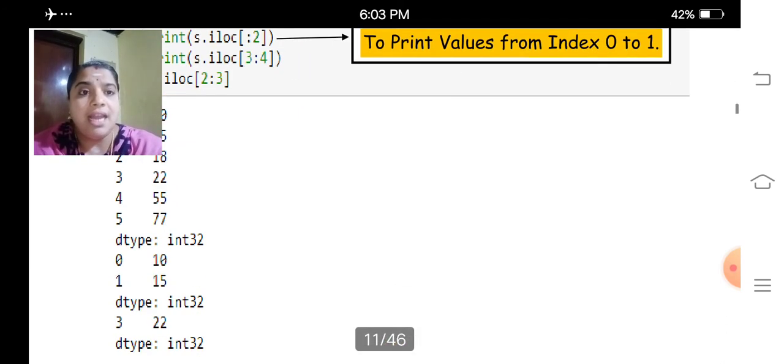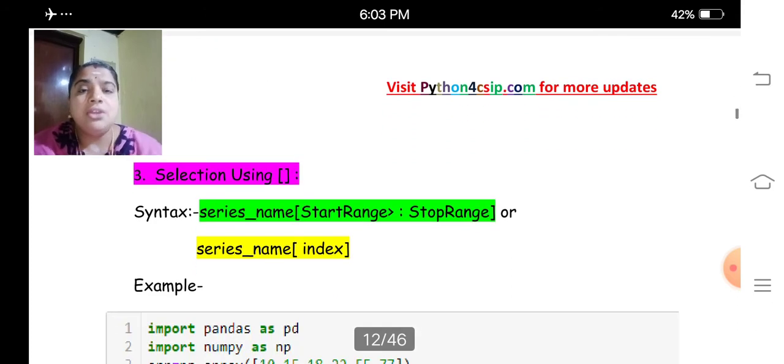Let me explain about the next one using a square bracket. Here we can give start range colon stop range.